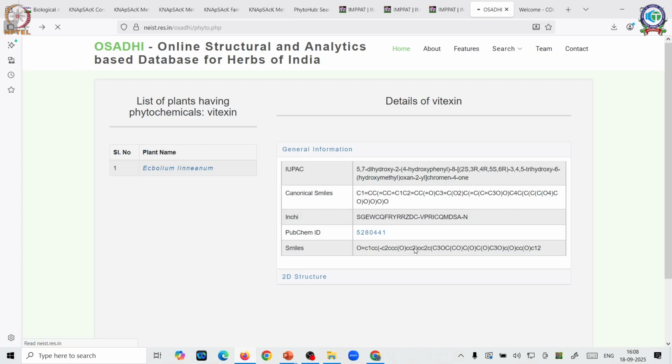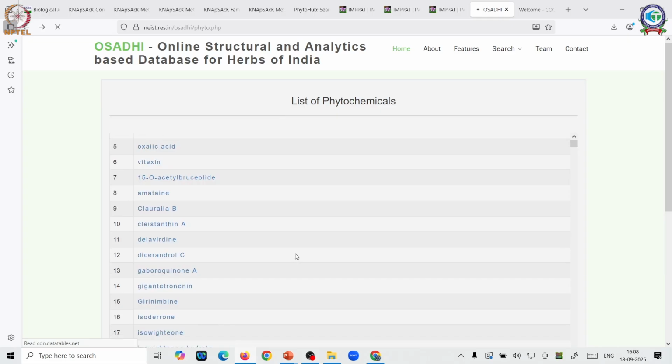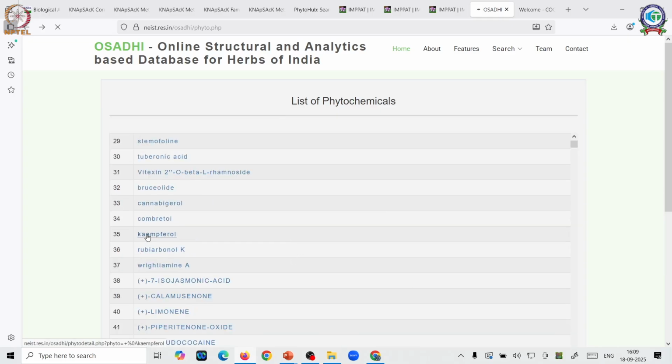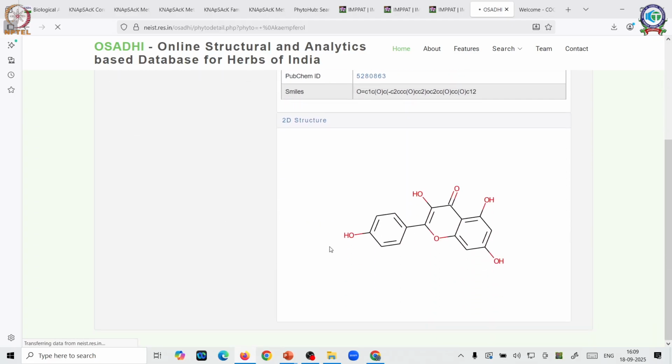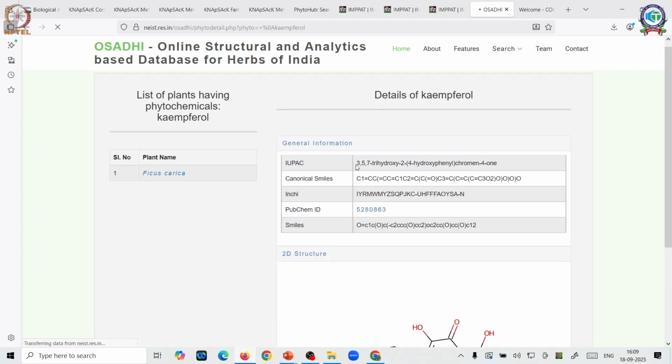So let's search a common phytochemical, say for example Kaempferol. Again Ficus carica is where it is found. This is what is called the IUPAC name, the 2D version which is referred to as the canonical SMILES, the InChI abbreviation, the PubChem ID as well as the regular SMILES of that.